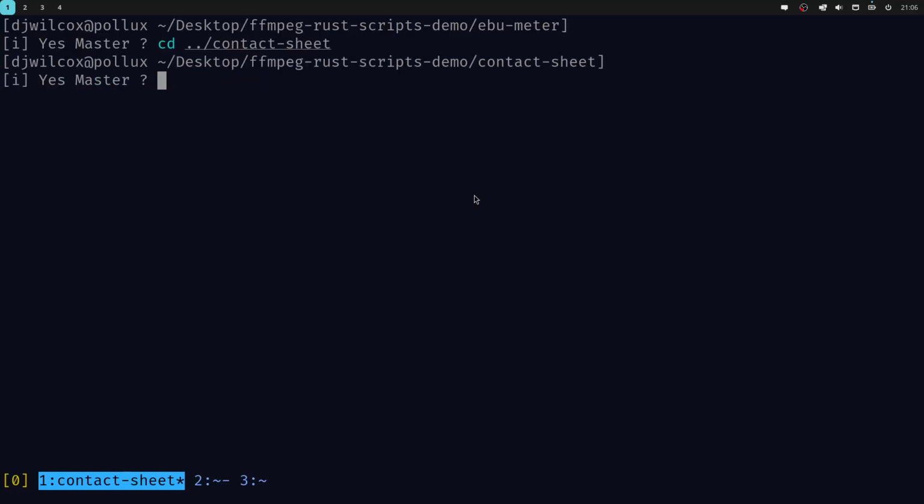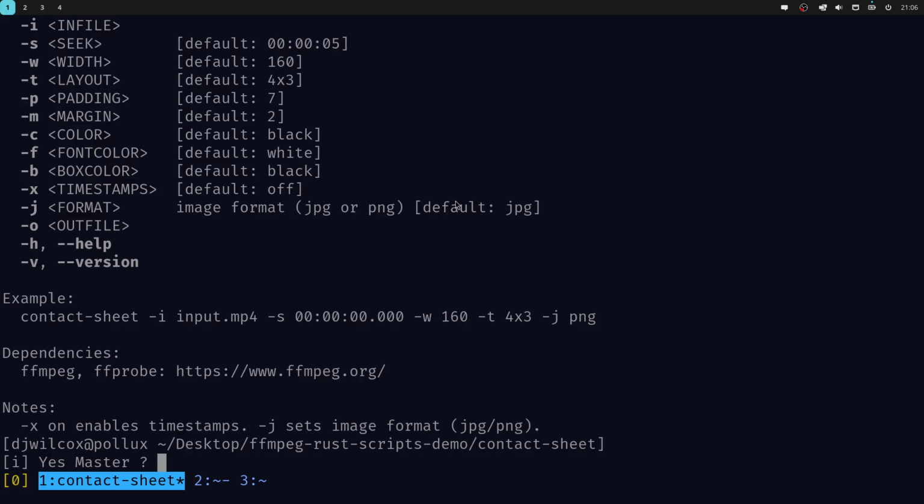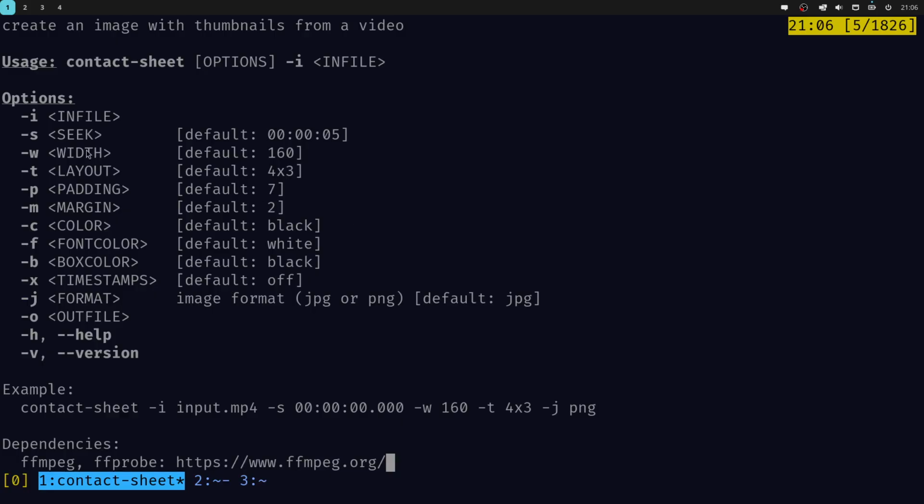Contact sheet. Again, Big Buck Bunny, contact sheet -h. And what you'll see here is the options. So create an image with thumbnails from a video. And what we have here, the in file, the seek. The default for the seek is set to 5 seconds into the video. And you can override that by specifying